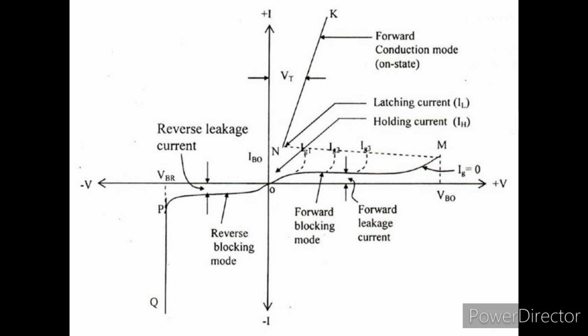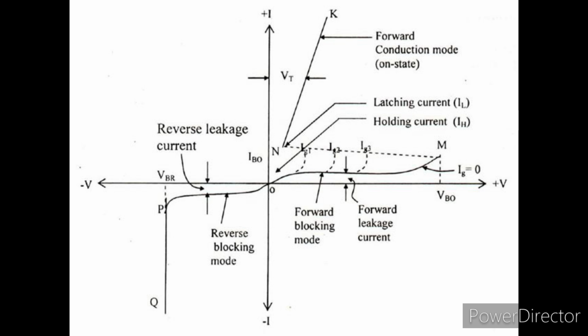This is known as dV by dt triggering. In temperature triggering, because of the large applied voltage across junction J2 in the forward blocking mode of the thyristor, it will cause a leakage current, right? So this increased leakage current increases the temperature of junction J2. So the depletion layer decreases and at some high temperature, the depletion layer gets removed and the SCR turns to